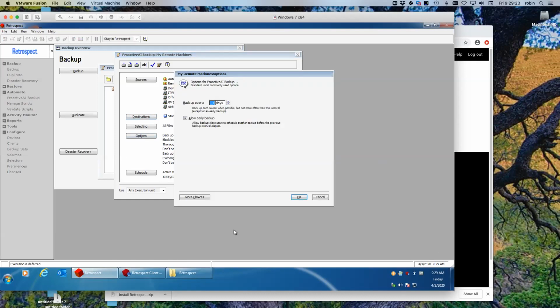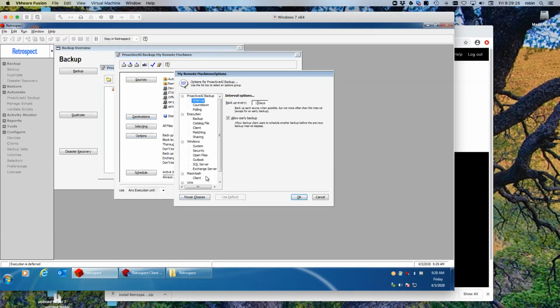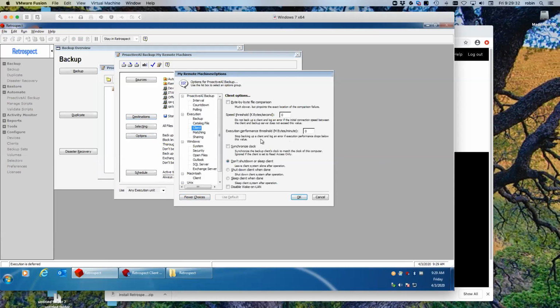And then in terms of that throttling option, the closest thing that we have right now is under the preferences. There is an option here for a speed threshold and a performance threshold, where if a backup performance is too slow, then we can drop the connection and skip that machine, or not even attempt to back up a machine. So if you do have an end user at home and they have just an ultra slow DSL line or something, or they're in a very remote location that is maybe using satellite internet or something, who knows? You may want to set up a speed threshold in here, and then that will prevent Retrospect from trying to back up that user over the internet